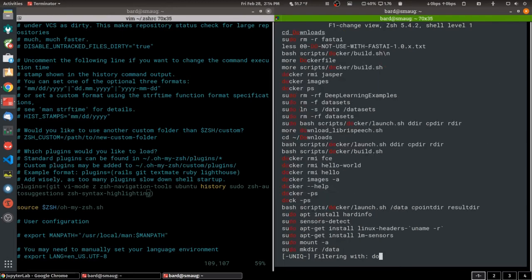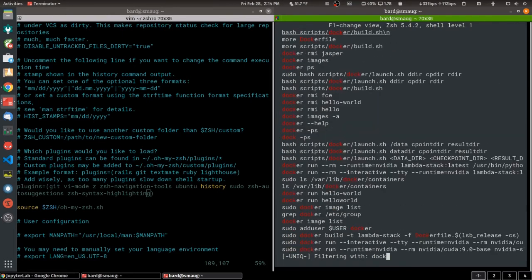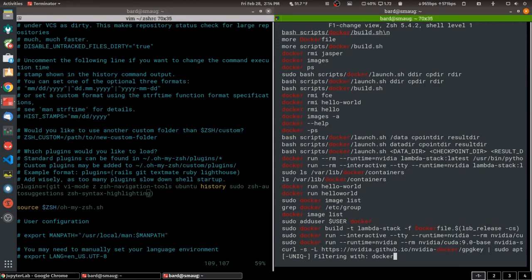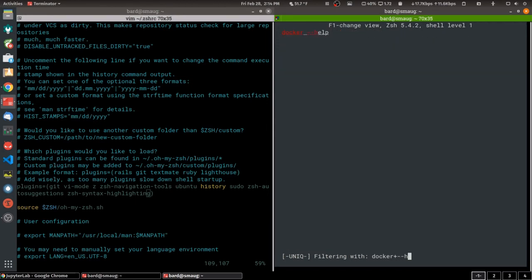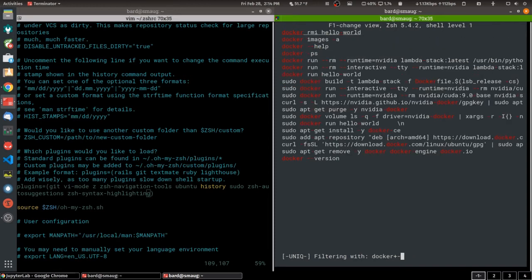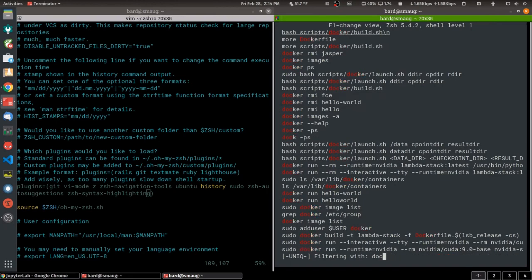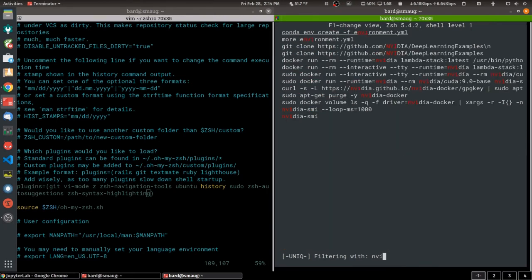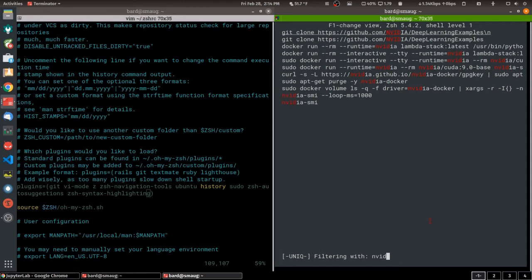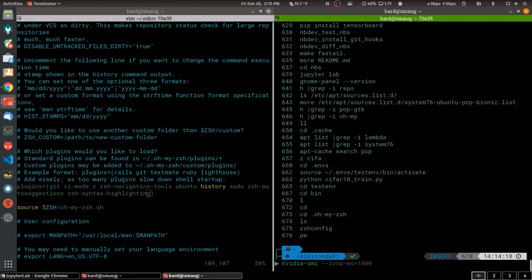If I'm looking for a Docker command that I ran and I don't remember the syntax for it, it'll just keep filtering. So as much as I can remember, and it doesn't have to be from the beginning of the line, it can be something in the middle as well. So if I'm looking for this one, because I couldn't remember it, I just hit the down arrow and then hit enter, and you'll see it'll put it on the line for me, and it's in green,